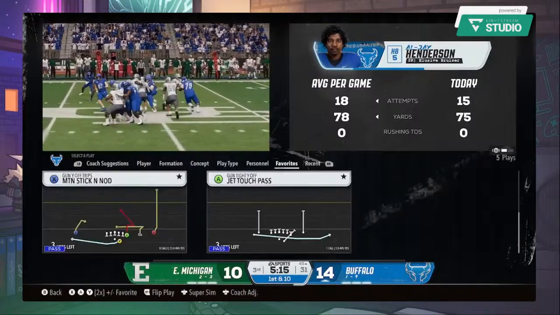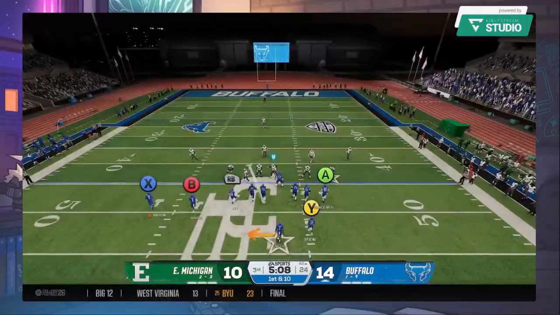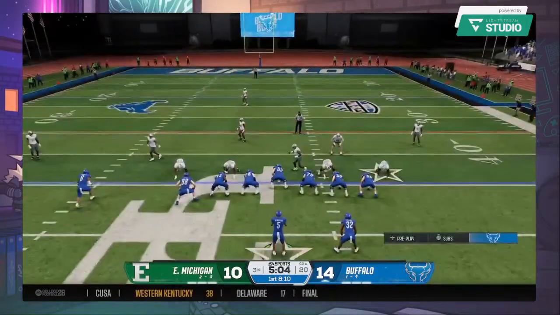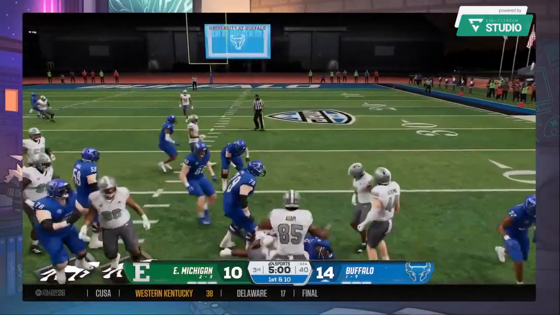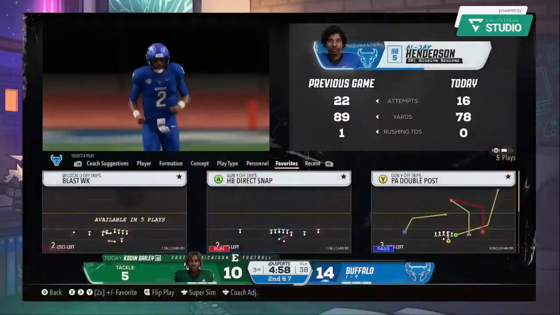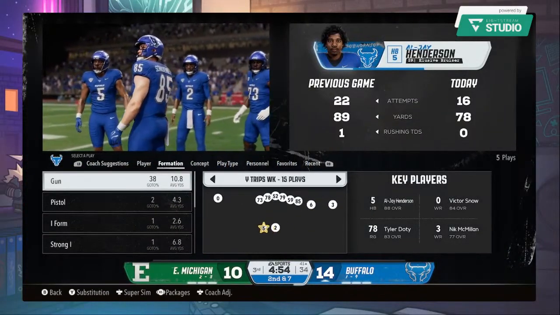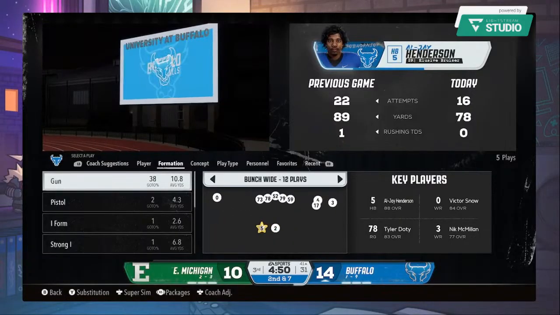And I tell you what, the struggle for this offense has been stringing those first downs together. They're not in the top 50 in college football in first downs. They'll get one, and then they kind of stall. Let's see if they can put multiple first downs together and get one of those long drives going. Wildcat look didn't get much. Picked up a few on that one. And I kind of like how the running back didn't mess around. Like, just get downhill when you see an opening.